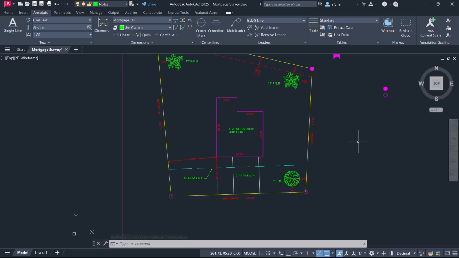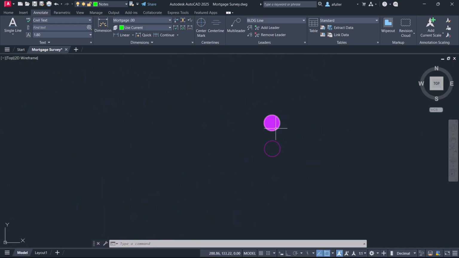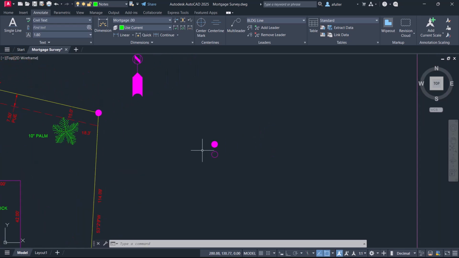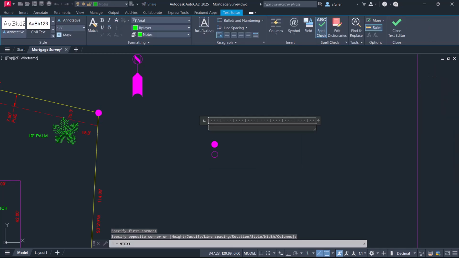So we had already dropped in a couple of little symbols here for that legend while we were inserting them anyway. So now I'm just going to come in here. This time I am going to use multi-line text because we do have some formatting we want to do here. But here I'll just kind of draw a text box. Again, 1.8 is the text height still. Oh no, it says the text height is 2. So let's go change that to 2. All right, so we're just going to start typing